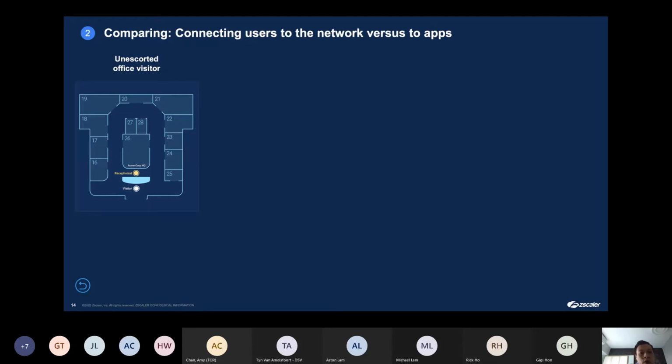For point number two, we should not trust the user or application request from another server just based on the network. We should not trust someone or a device and allow access to the whole network because they are in the network. Even after we trust the user and check the user identity, just like what we have done for point one, we should only allow the app access. So let's see the animation here.